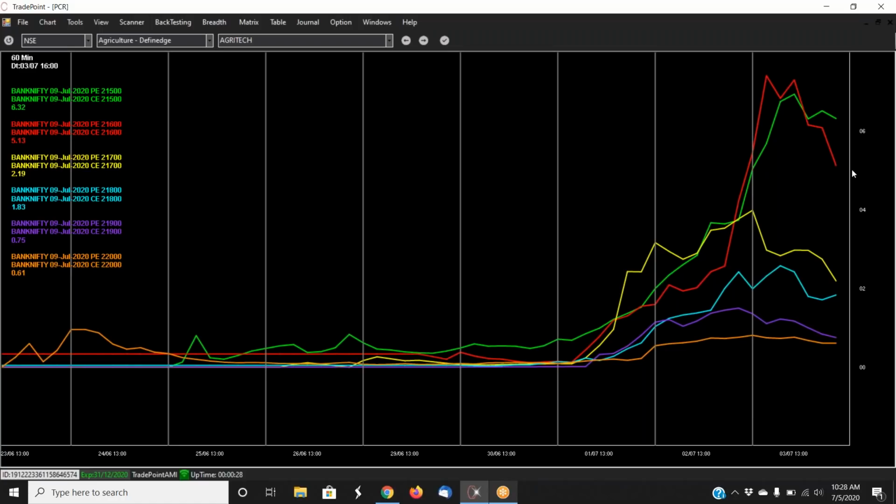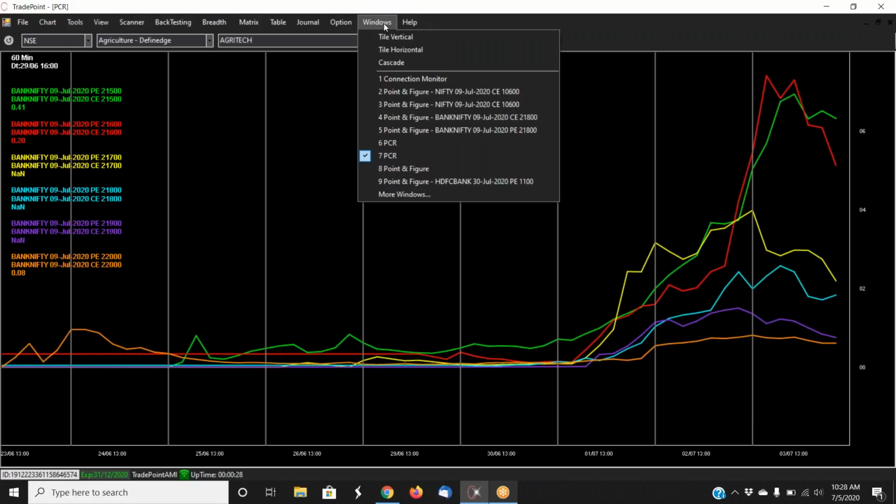And of course, 21,600 and 400, 500 are quite in the money. So then actually they will be bullish. They can't be bearish at all. But all have dipped on Friday second half. So that needs to be seen, what happens to these 21,700 and 21,800 put call ratios. Coming to straddles.